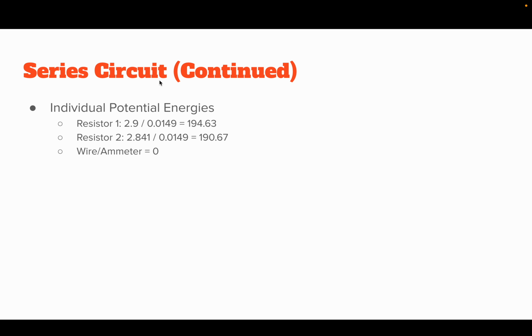And just a little continuation of it, we also had to calculate out the individual potential energies. And so as you can see, we just use the formula for resistance for that. You can see here, this is the resistor. Our resistor 1 was 1.94, and our resistor 2 was 1.90, and the wire and ammeter negligible, so those are